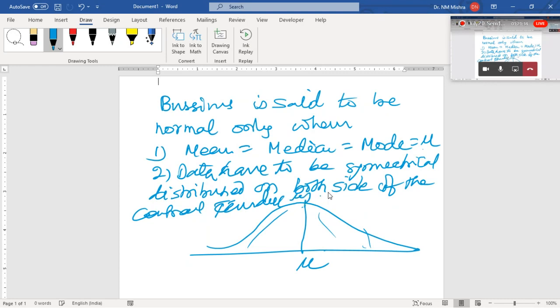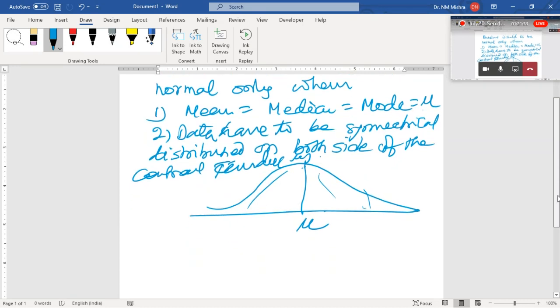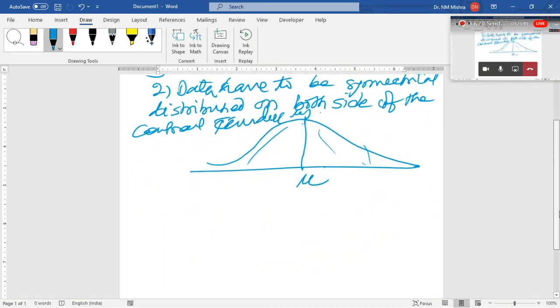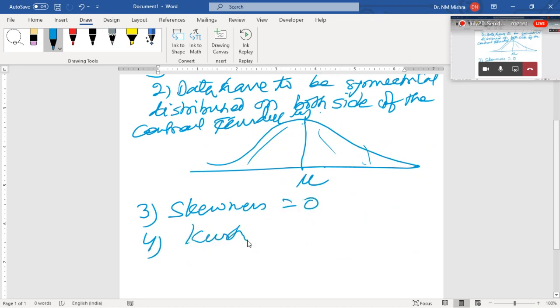This is the third important point, please note down, all of you. The skewness of the data set has to be 0. Number 4, kurtosis, which you will correlate when you read, because this is a learning class. I'm giving that kurtosis has to be 3. And for a normal business, the last point is the confidence level.